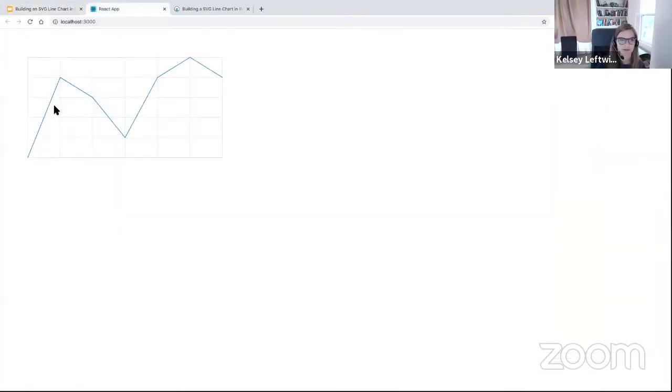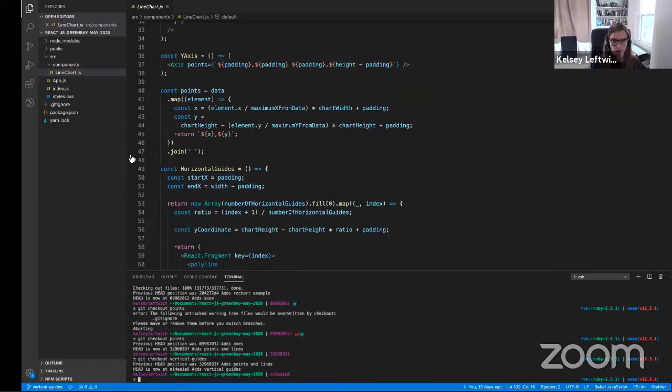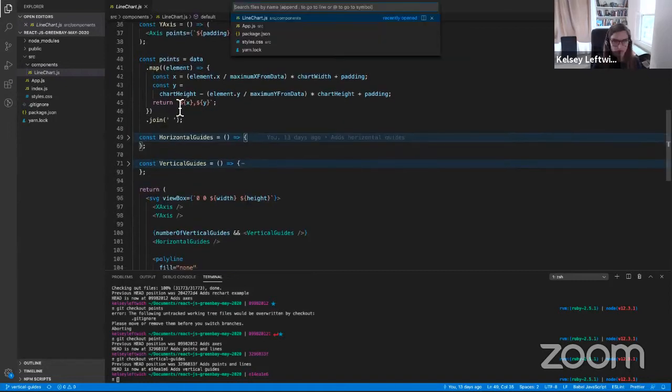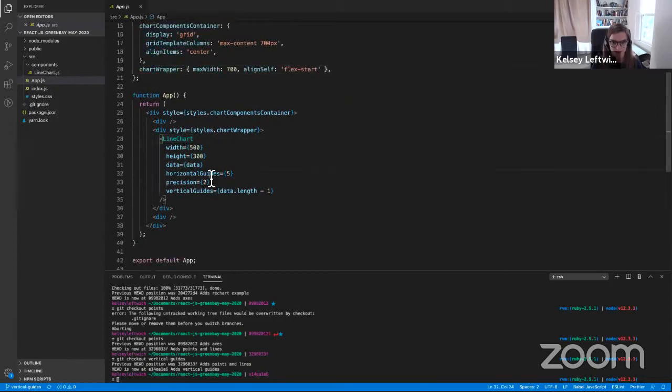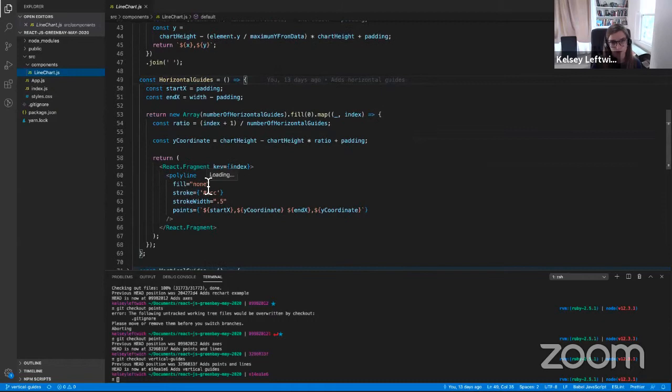So then we have our Cartesian grid. And the way that I set this up in the code is I have horizontal guides and vertical guides. And I have, for my line chart component, you can just pass in the number of guides that you want, horizontal and vertical guides. And the code looks just like what I described. For the example of a horizontal guide, you have the start of your X value, the end of your X value. It's going to be the same for each guide that you set up. And then